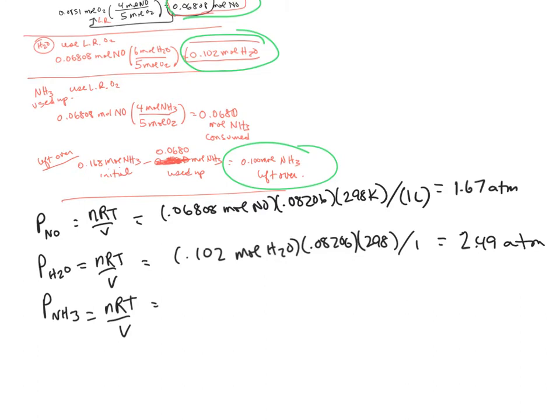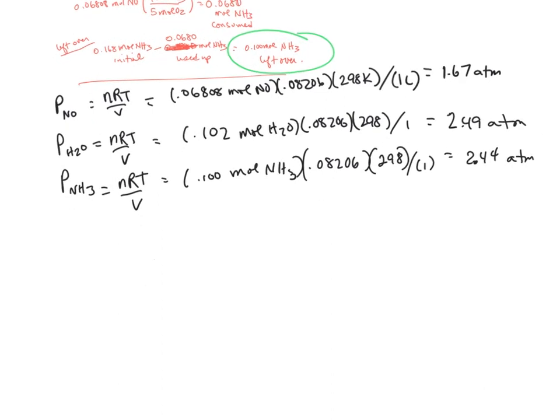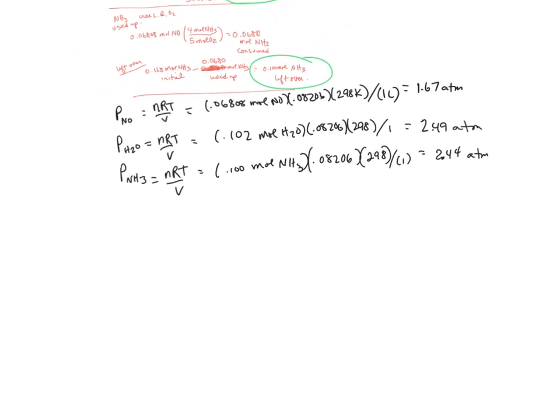So we have 0.1 moles of NH3 left over times 0.08206 liter atmosphere per mole Kelvin times 298 Kelvin divided by 1 liter, and that one is going to be 2.44 atmospheres. So according to Dalton's law of partial pressures, P total then will be equal to the sum of those three,